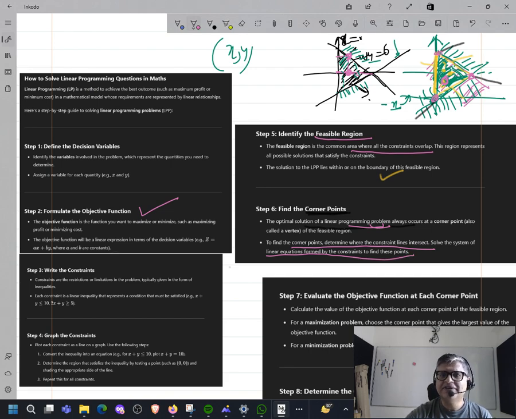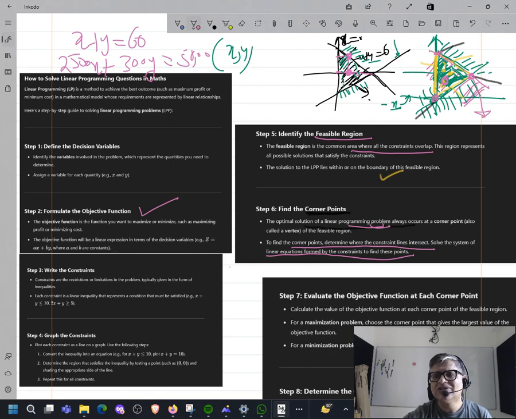So what do we do? We solve the constraint equations. So you have two equations: x plus y is equal to 60, and the other was 2500x plus 300y, I'm forgetting the cost of the chair, is equal to 50,000. Solve these two equations. This will give you the point of intersection, right? So that is point of intersection number one.